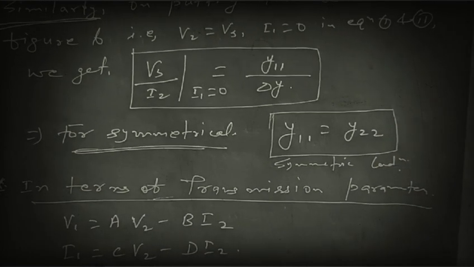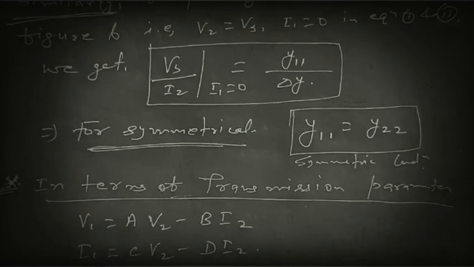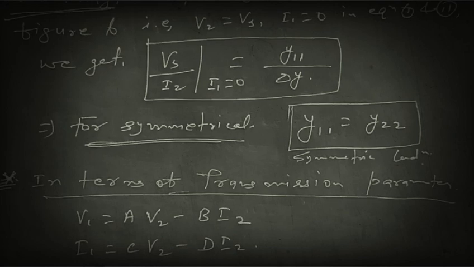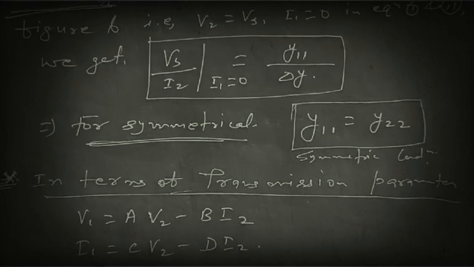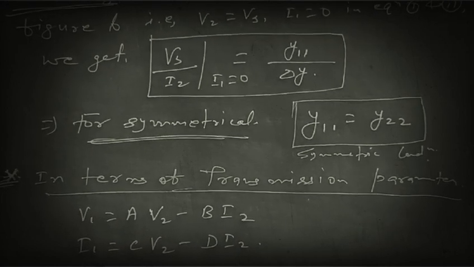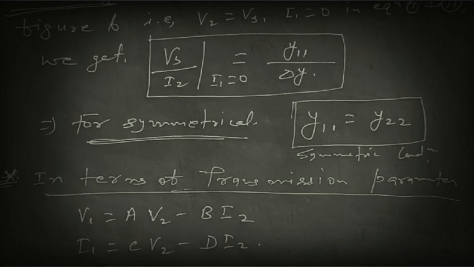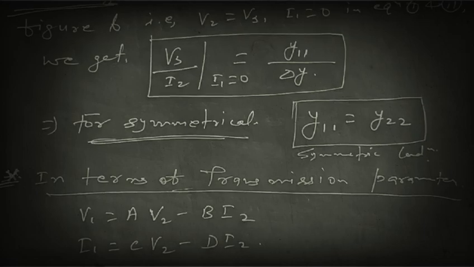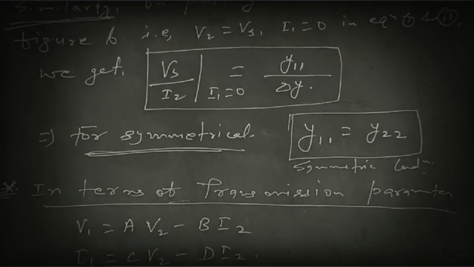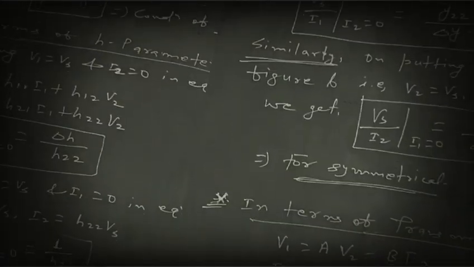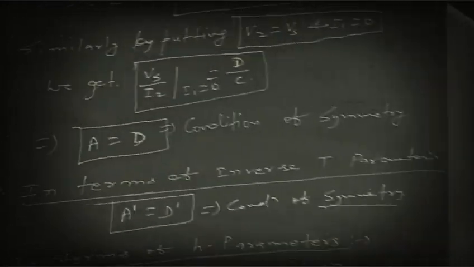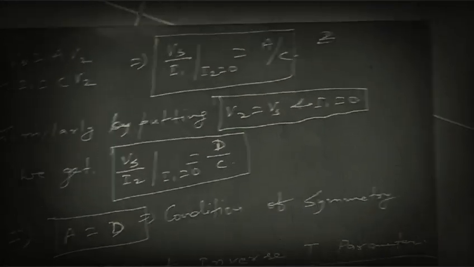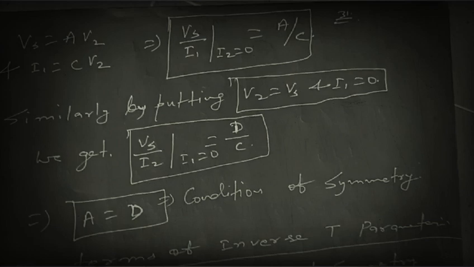Now in terms of transmission parameters, we have to find the condition of reciprocity. The first step is we'll write the equations of transmission parameters: V1 equal to A into V2 minus B into I2. Similarly, I1 equal to C into V2 minus D into I2. Next step is we'll put the conditions. We have to put the conditions of figure A and